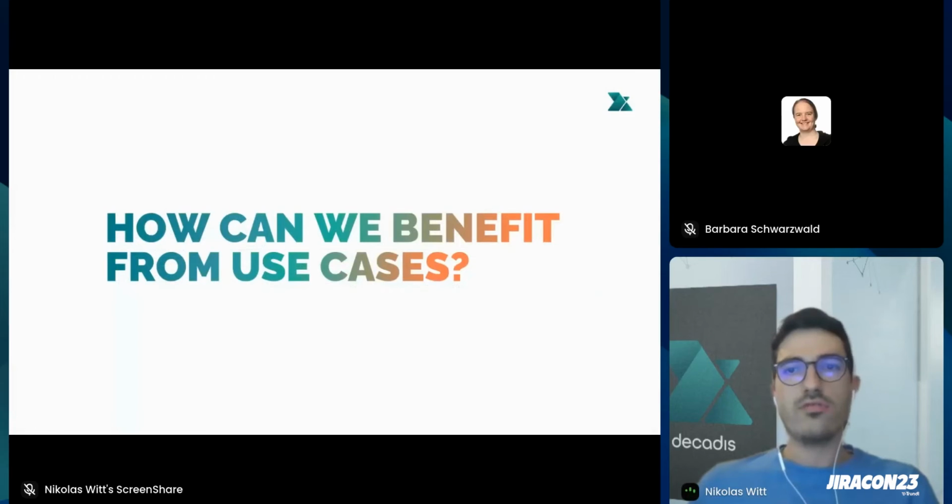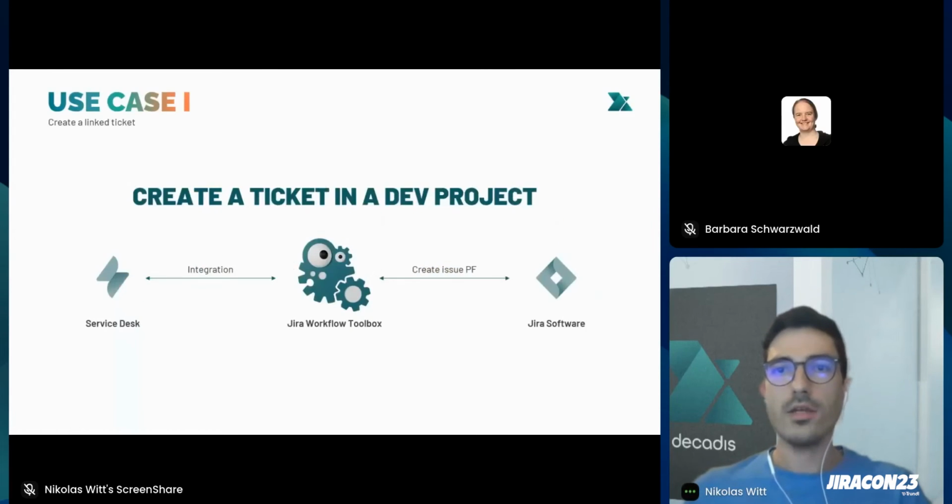So how can we benefit from use cases? To create a ticket that is requested, for example, in a service desk project, you can use Jira Workflow Toolbox to create a similar ticket in another software project. And to show this,